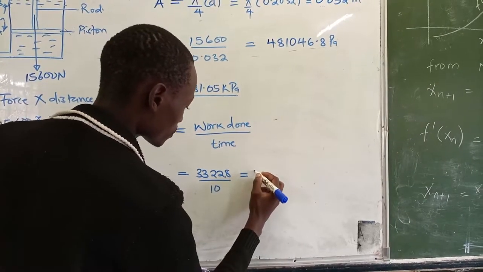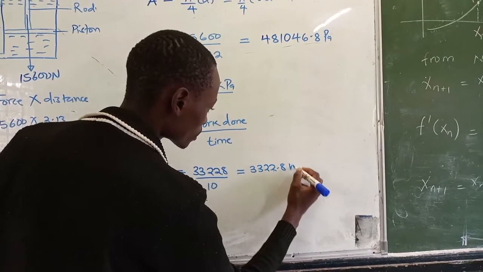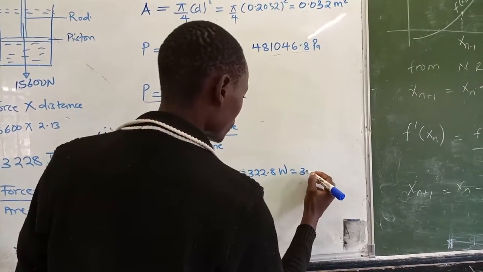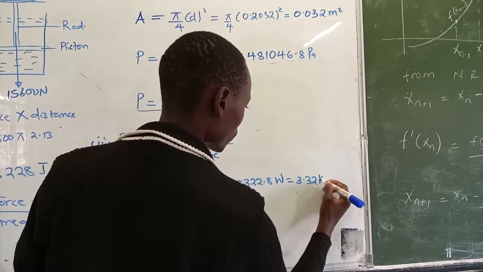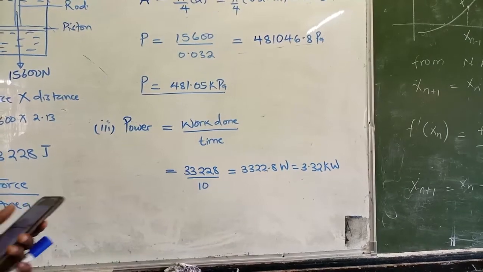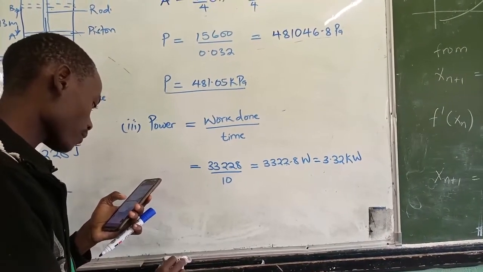So that becomes 3,322.8 watts, which can be written as 3.32 kilowatts. Roman 4, the descending speed of the lift